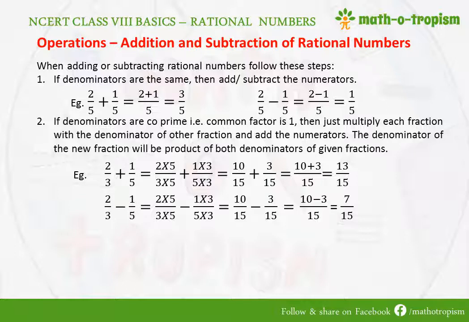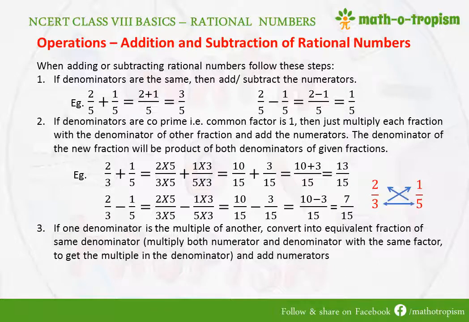To easily remember this step, we need to just remember the arrow marks, where if I write 2 by 3 and 1 by 5 next to each other, I will put arrow marks in such a way that 2 and 5 are multiplied, 3 is getting multiplied with 1, and we have to write the denominator as 3 into 5. So if we remember these three arrow marks, then automatically we can remember that 2 into 5 minus 1 into 3 divided by 5 into 3 will be my fraction.